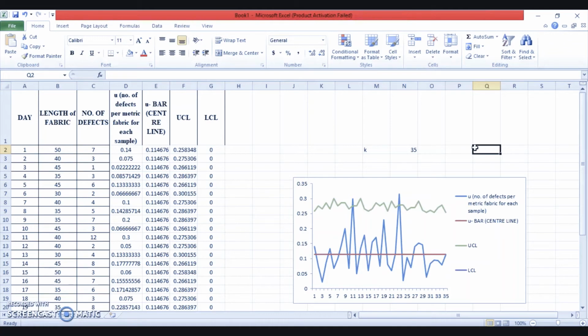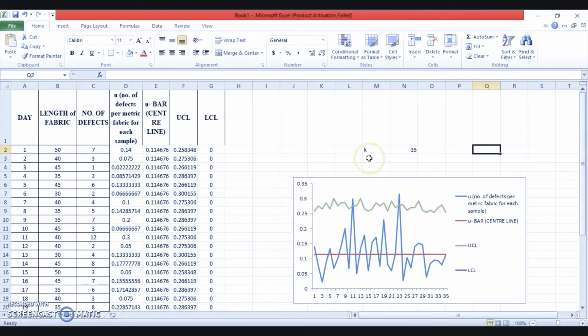In the second approach we talk about the control limits calculated with the help of an average sample size. Now what is an average sample size? We'll do it here right now. Using this approach we get constant control limits, just like we did in the C chart also. So for that purpose, the first thing we have to do is find out the average of the sample size. Now how do we find out the average of the sample size?